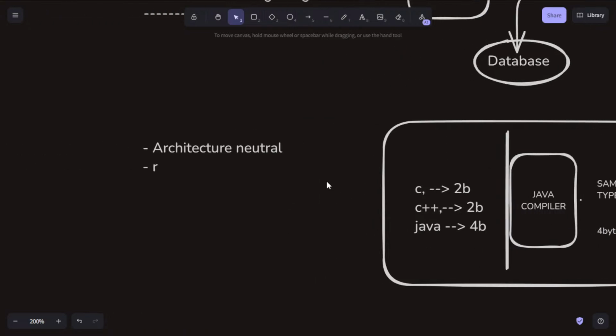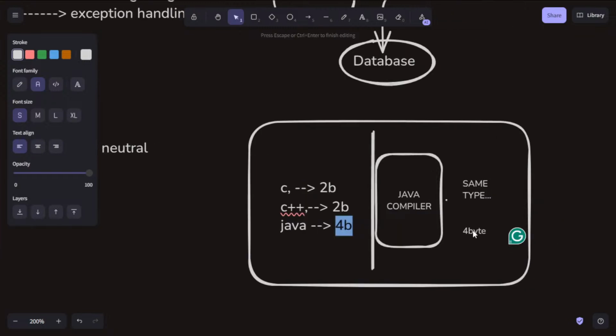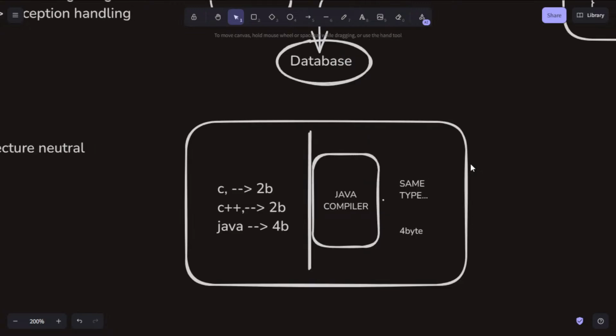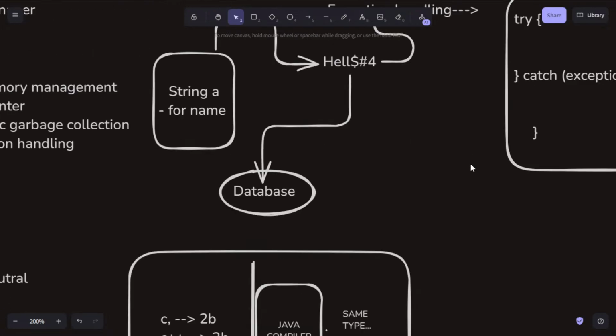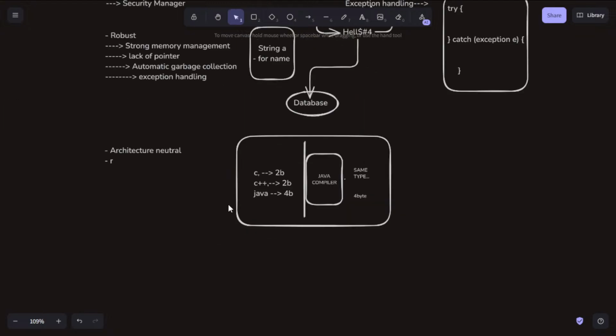Okay, we will focus on this. For example, in C, an int occupies 2 bytes of memory in 32-bit architecture and 4 bytes in 64-bit architecture, and in Java it occupies 4 bytes of memory for both 32 and 64-bit architecture. That's a reason to make it platform independent, so that it can run on every platform without the headache of 2-byte, 3-byte or 4-byte things.